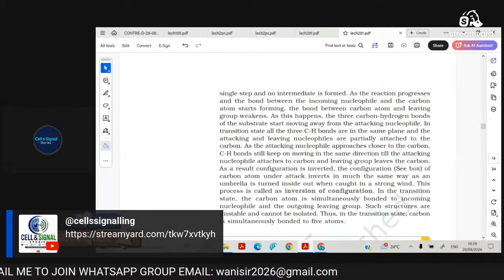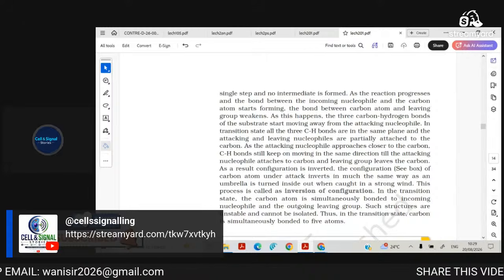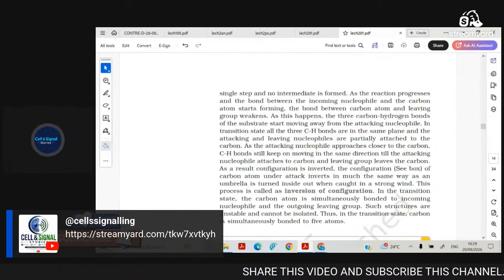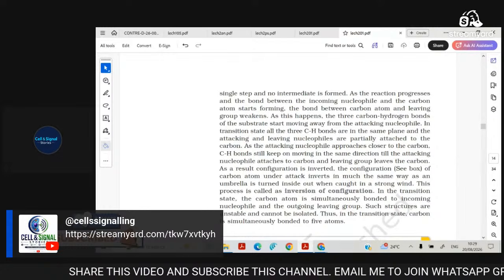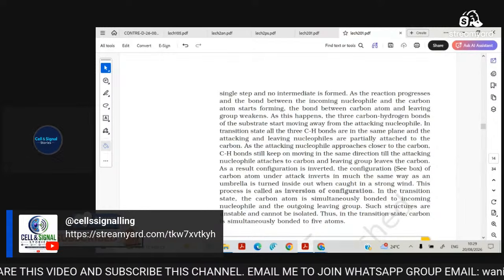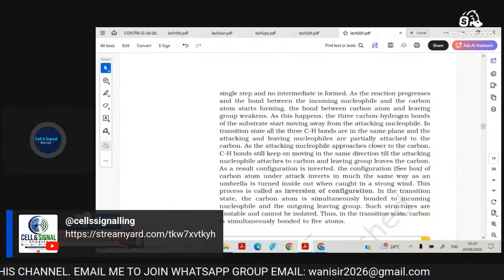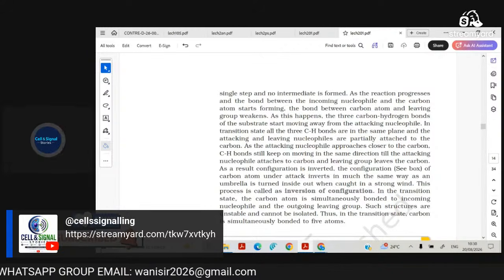This is not a retention reaction where the bonds are fixed, where any nucleophile comes and gets attached to the carbon while the hydrogen and carbon bonds do not move. Here, after the reaction happens, there is inversion, and the configuration of the carbon atom under attack inverts